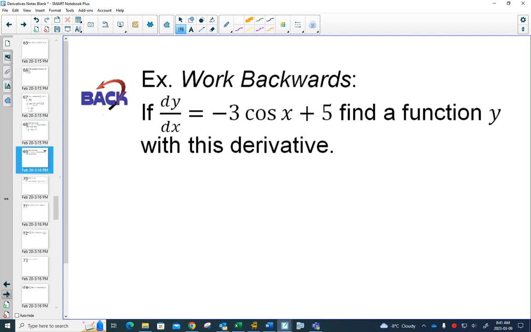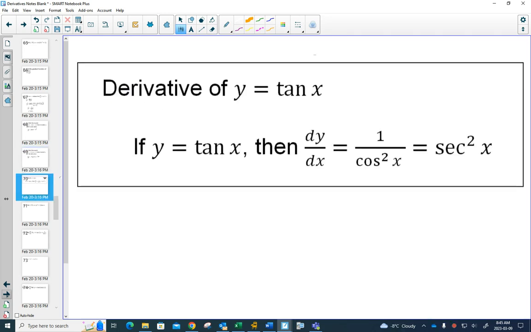Same thing working backwards on this one. This one would stay negative, because the derivative of sine is positive cos, so having that negative 3 out in front won't change. And yes, so now we are allowed to use that the derivative of tan is secant squared, or you could write it as 1 over cos squared,